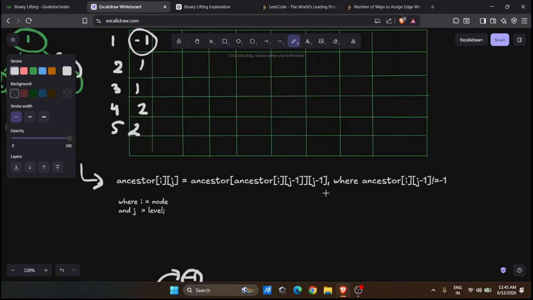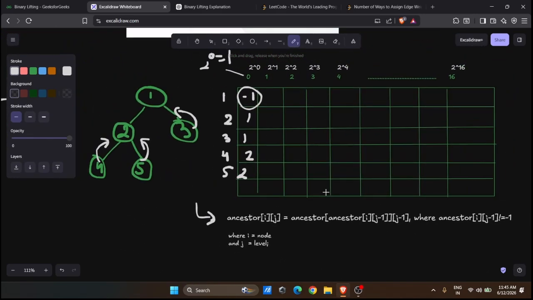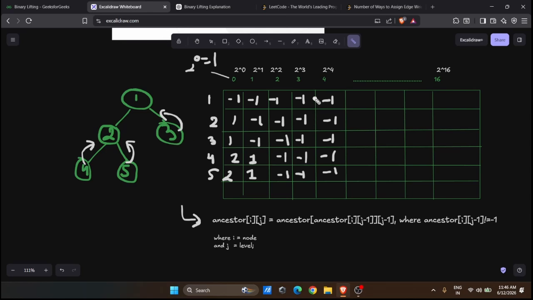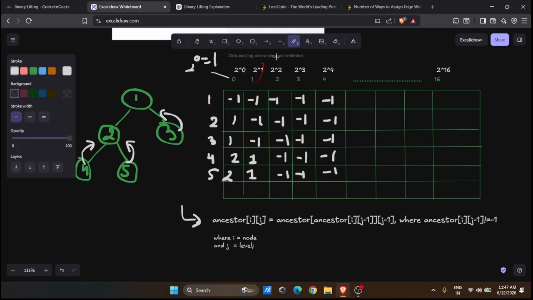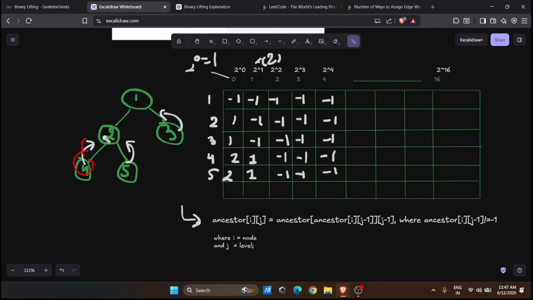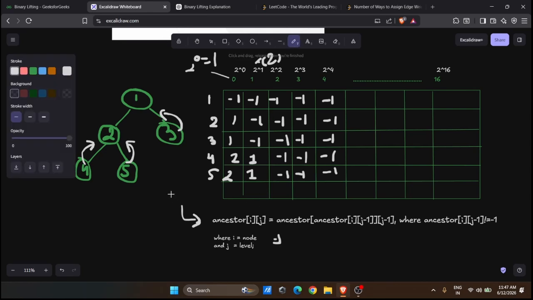Now let me fill all the values for you. I fill the table manually for you. Let me tell you how this works. For level 2, in this block, this level says 2 power 2 is going to give us 2. So this means this is a level 2. For 4, level 2 is 1. So by putting this in this equation, we will get the value of 4 at level 2. Just put it over here, ancestor of